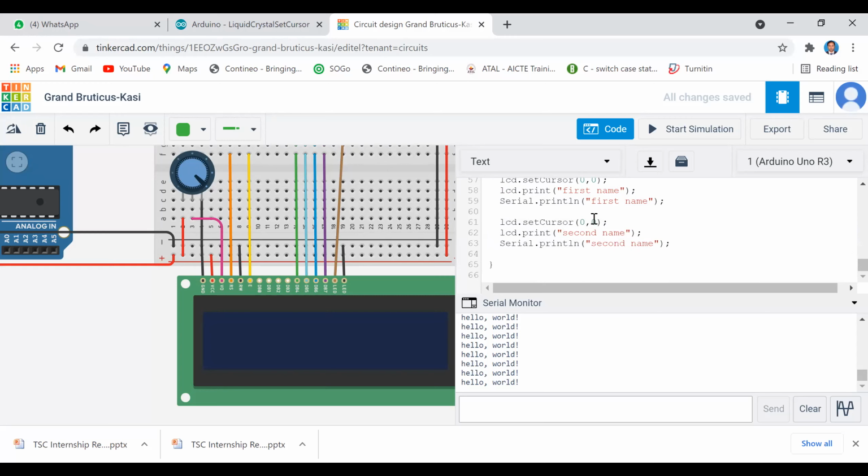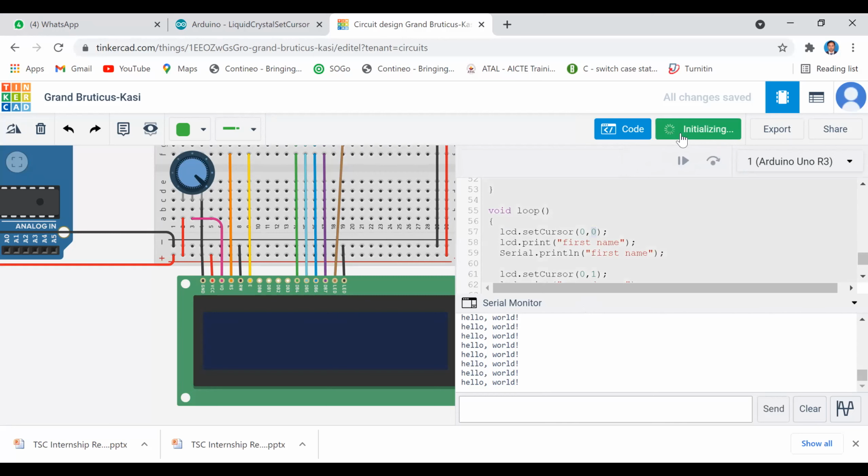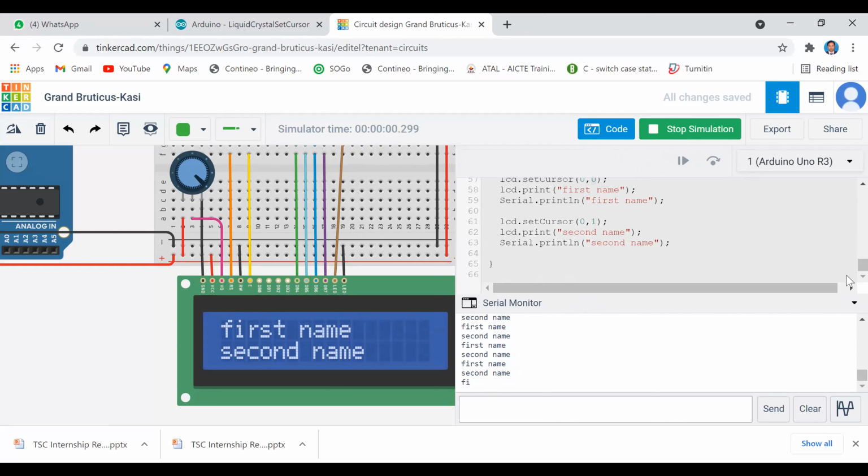Right, so what is the configuration I want to do here? I want to force my cursor to the column 0, the row 1. So that is 0th column, first row. Previously we forced it to 0th row, now we are forcing it to the first. Now I'll just start to run. Okay, see how you can force your cursor to display your names, everything, right?